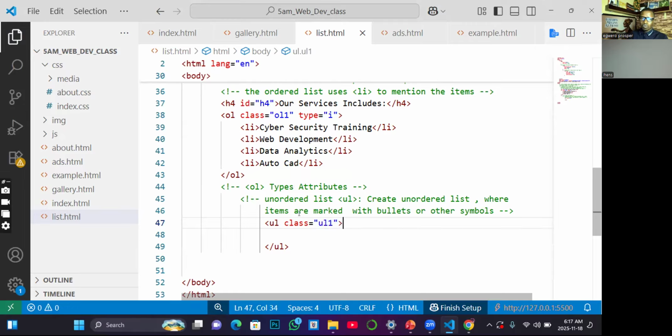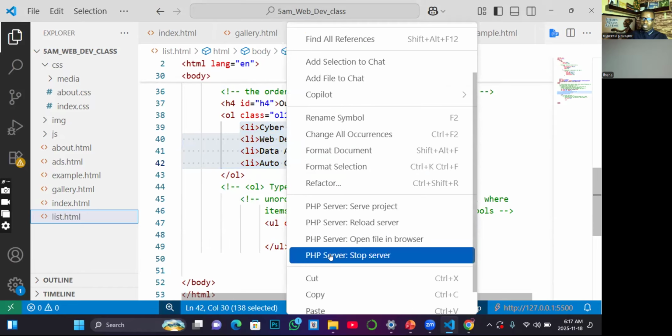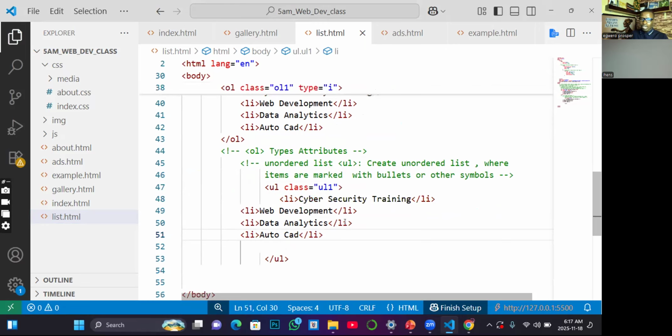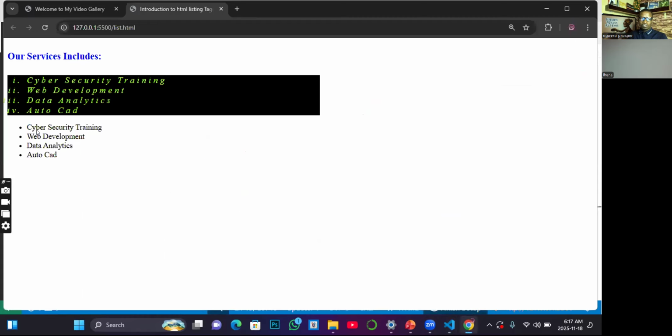UL1. Now, both the OL and the UL use the same tag to create their content, which means I will just copy the whole of this. Whether you are using OL or UL, to create the item, you have to use LI. I hope you are following, sir. Yes, sir. Okay, so if I go back to the front end now, you see that we have created those same items, but what's the difference? The marker. This one is using small dots, which is called